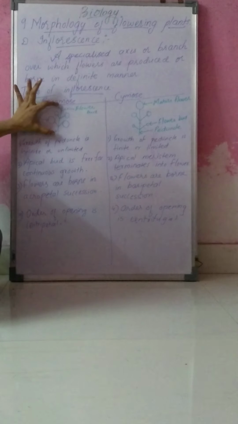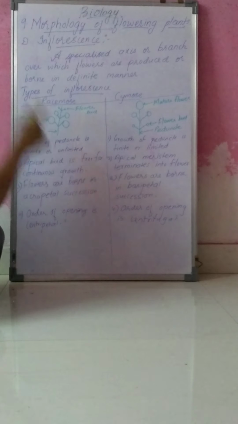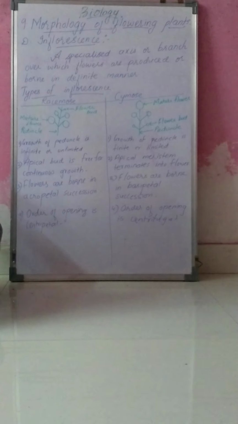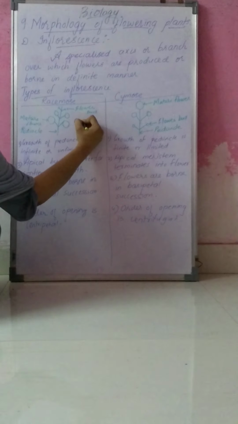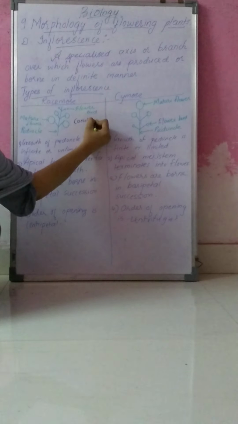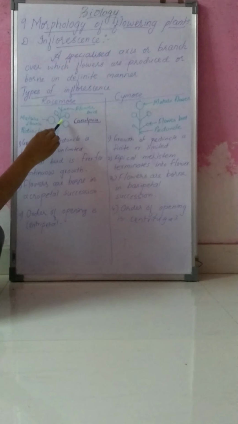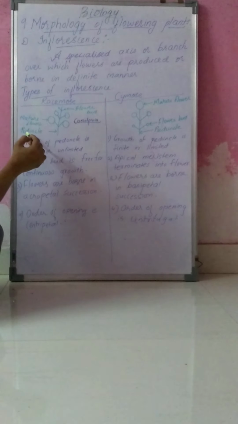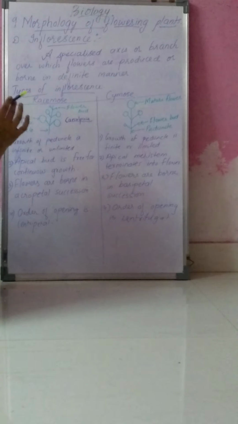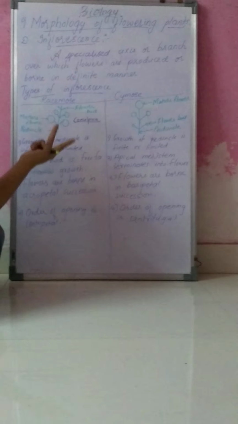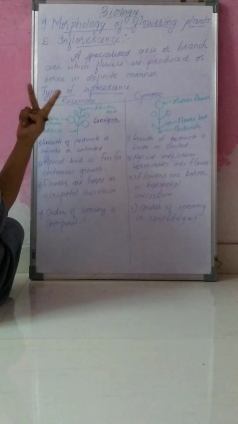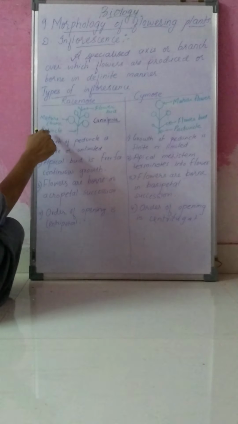See, this flower is of racemose inflorescence. Example here is Caesalpinia. Caesalpinia is the name of the flower where you will find racemose inflorescence. Okay. Now what is present here? See, this is an axis of a flower. That is known as, we call it peduncle. We require two parts for inflorescence. One is peduncle and the other one is flower. So the axis we call peduncle and here are the flowers.